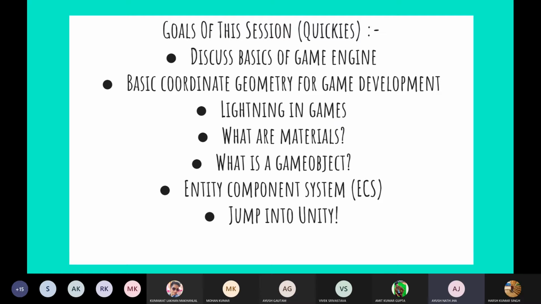Then we'll talk about materials. You might have heard this term for the first time; we'll look into what it is. What is a game object in Unity? Unity has a concept called game object, so we will deal with that. Then we have the entity component system, the structure on the basis of which the Unity game engine is formed, and then we will jump into Unity directly. So let's get started.